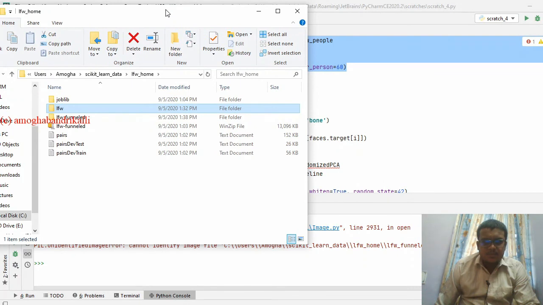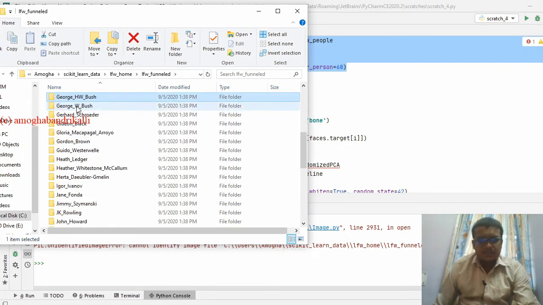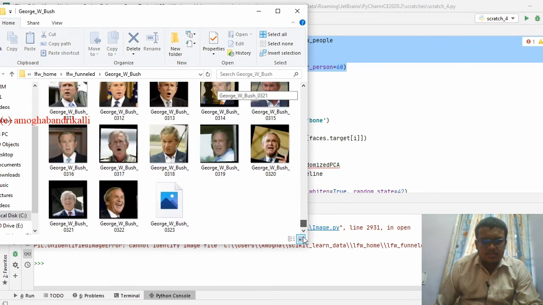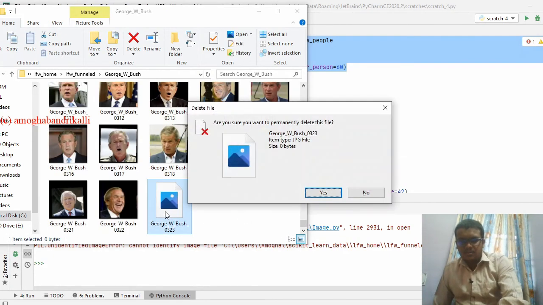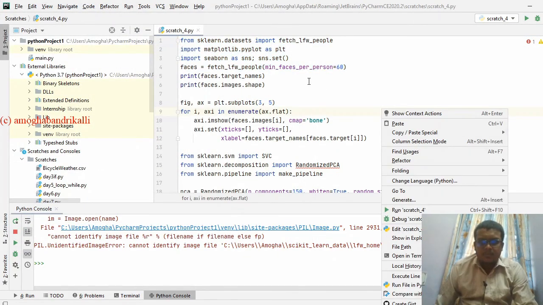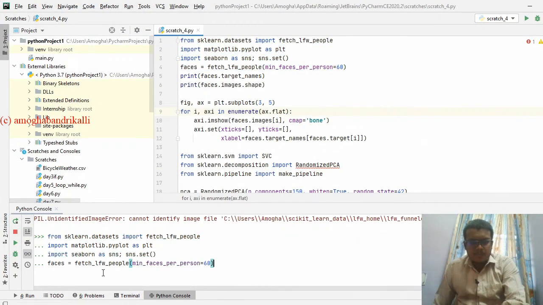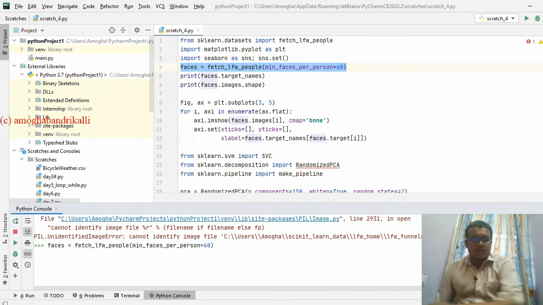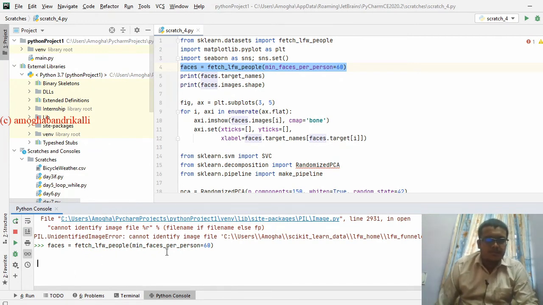Okay, which folder? LFW funneled. George W. Bush. And delete it. Okay, it is working fine now.